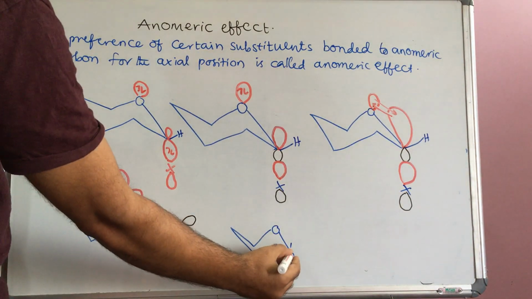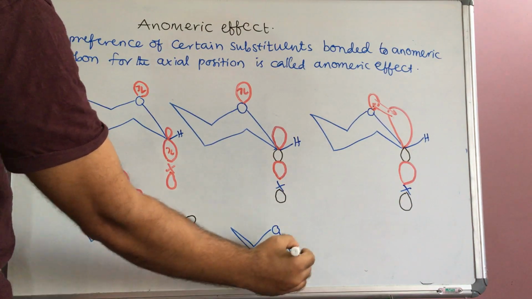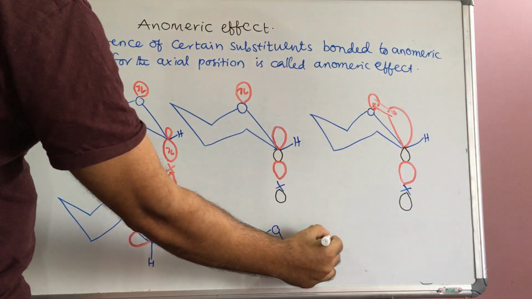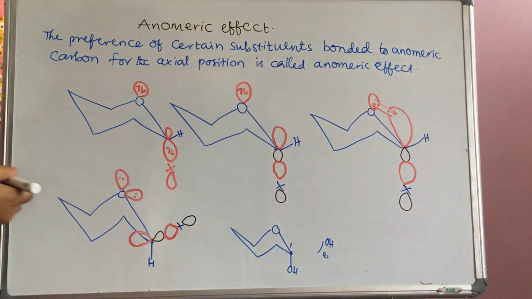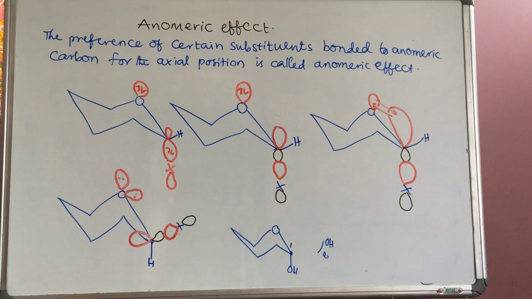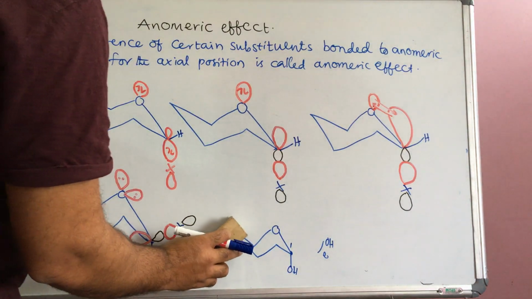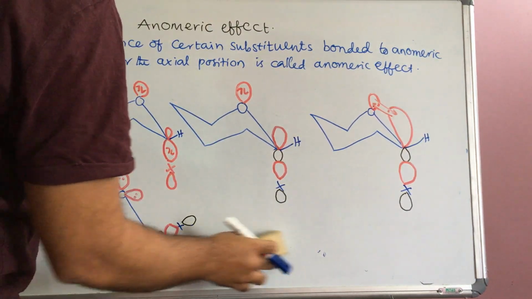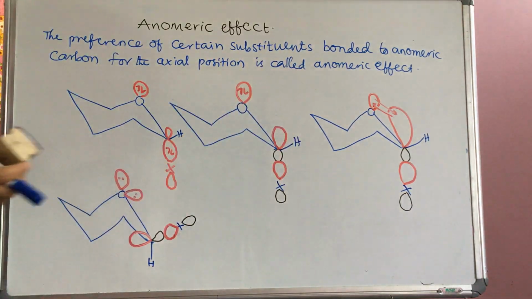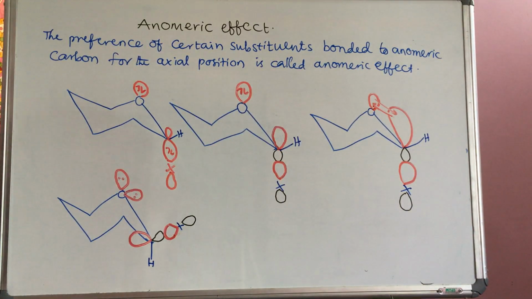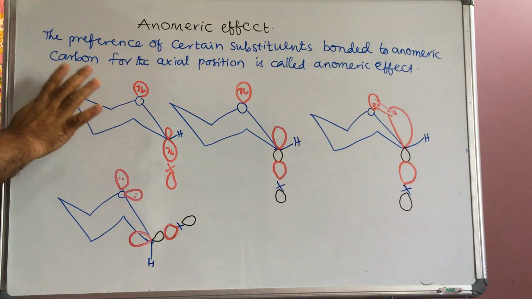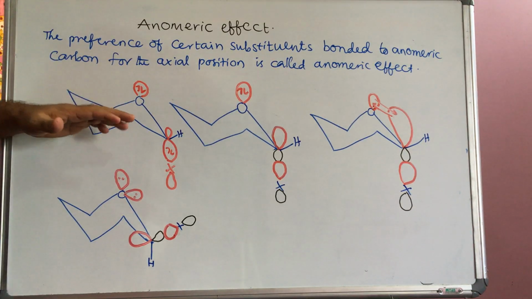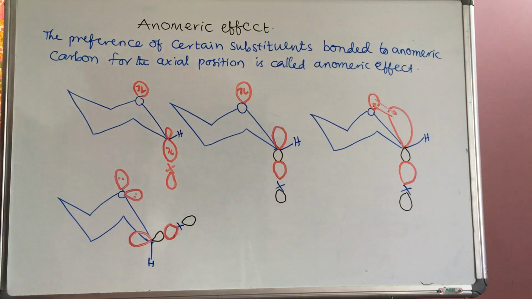That's why in the alpha form OH will be down, in the beta form OH will be up. It is the equatorial position, this is the axial position. That's why these two are diastereomers, not mirror images of each other. So we know what the anomeric carbon is: the carbon next to oxygen, the first carbon, is known as the anomeric carbon or hemiacetal carbon. I am representing only this cyclic form; the remaining groups, the attached OH and H, are not represented here. Only the anomeric carbon I am taking here.